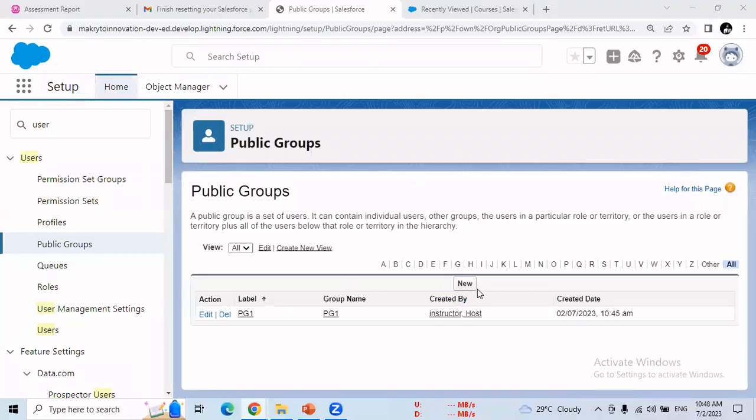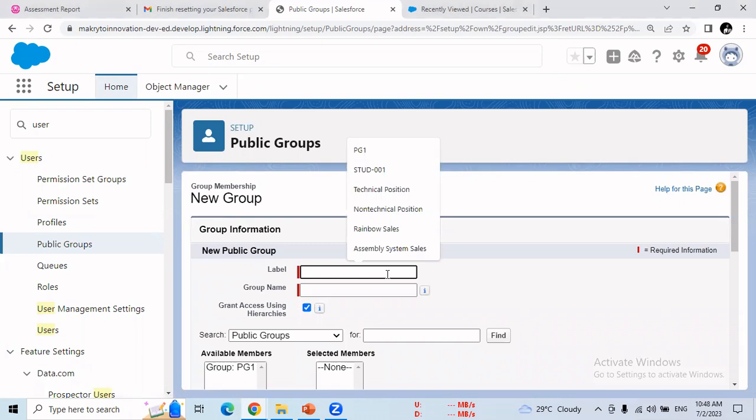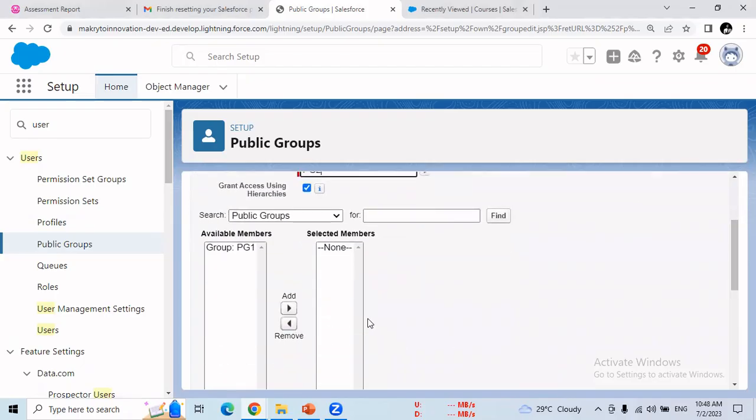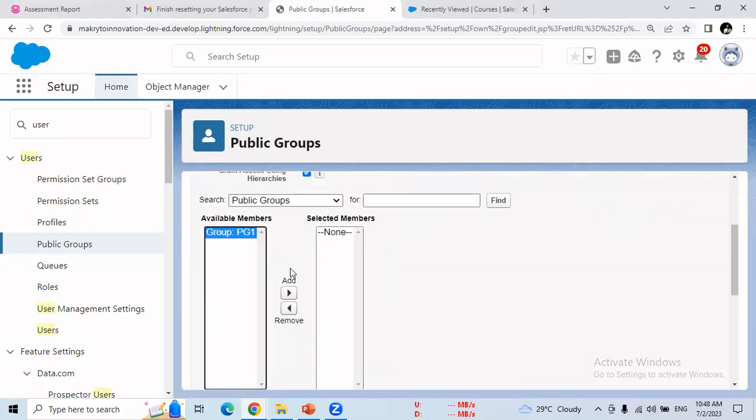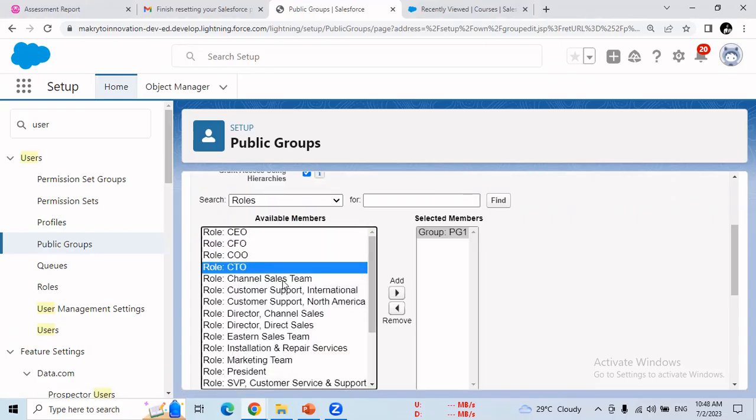Okay, let's try to create one more public group by clicking on this new button. Just give it a name, PG2, group name PG2. Now you can see in a public group, you can get this group PG1. Okay, हमने PG1 already बनाया था, so it means that you are supposed to add a public group into a public group. So I can select this public group. I can also select the role called